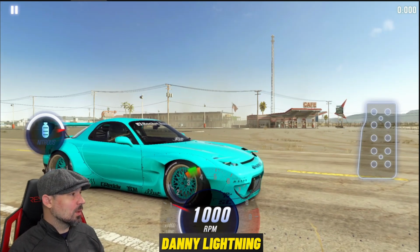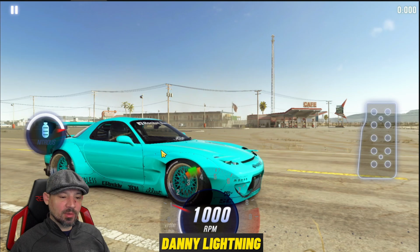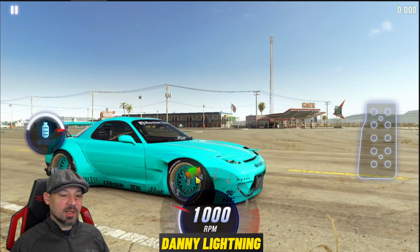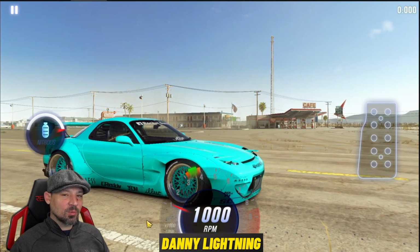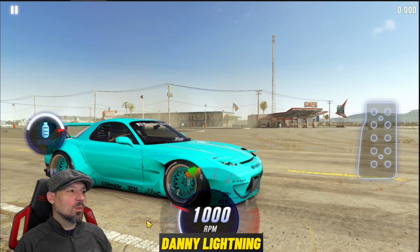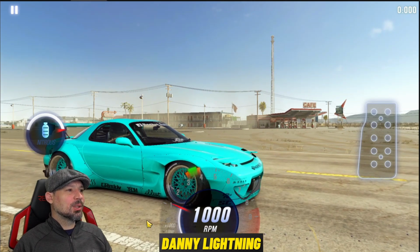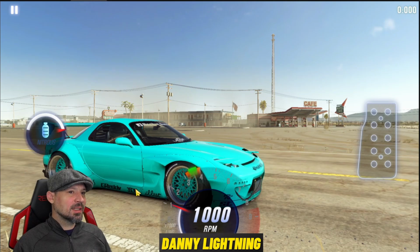So today we're going to talk about needle kickback on your tachometer over here. Sometimes you get a perfect start and all of a sudden your needle kicks way back and your car runs a really crappy time. Well, we're going to talk about how to fix that. And there's really two things, so I'm going to go ahead and put this on my tuning playlist and probably my CSR2